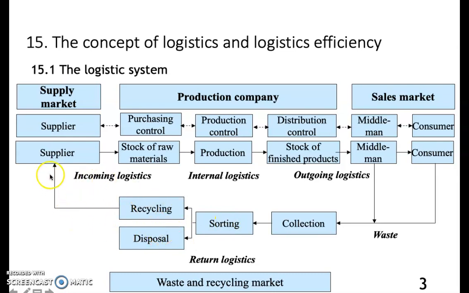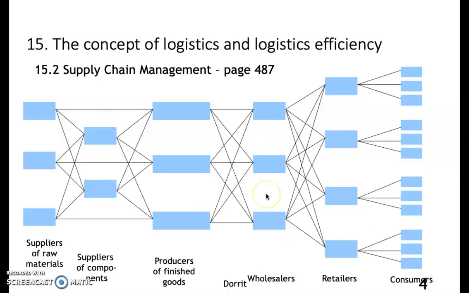Then we go back to the supplier. The supplier will then provide the new bottles, for example, Carlsberg, so that they can restock it with new beer in production, and then we can see the whole system going over again. This will, of course, be something that can actually help companies in a competitive way.